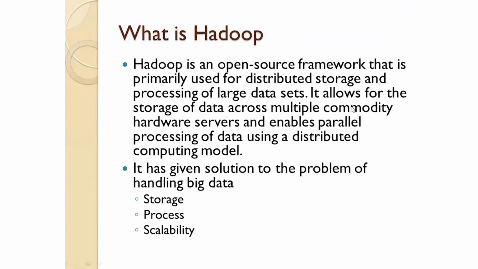What do you mean by commodity hardware? In the cluster, it is actually a master and slave system. All the slave nodes are commodity hardware. They do not have any high-end configuration or resources. They are just like our personal computers, but the total performance of the cluster is considered by summing up all the resources used by this group of systems. Thereby, it follows the horizontal scaling of systems.